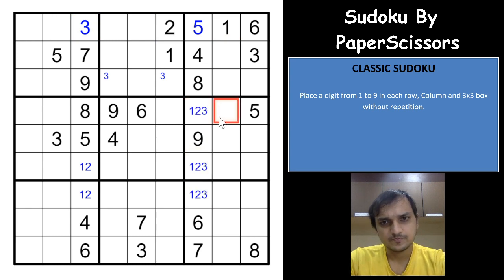Okay, and this is 9, 7 and 2, 2, 7 and 9. So 9 cannot be here, this would have to be 9, and this is 2, 7 in this box in any order, right?